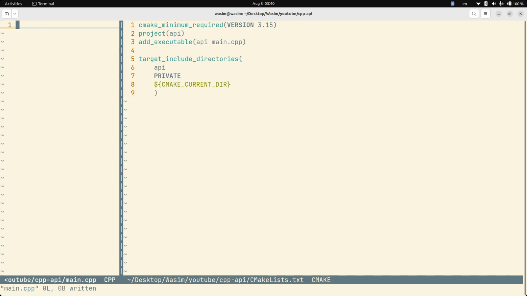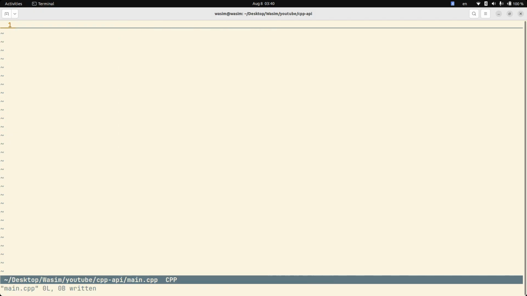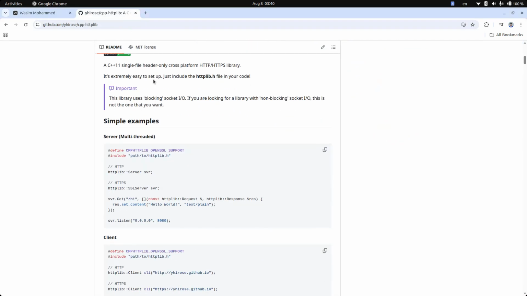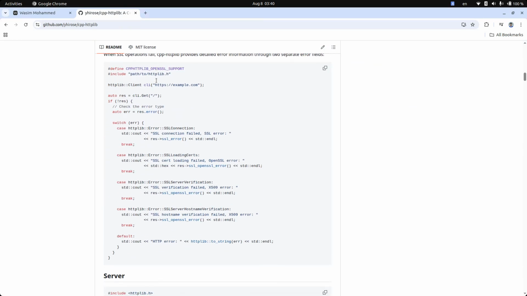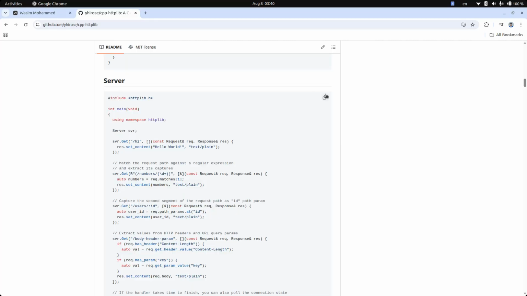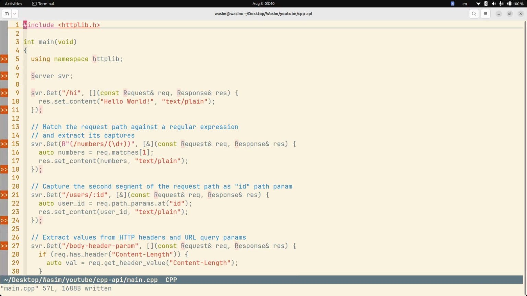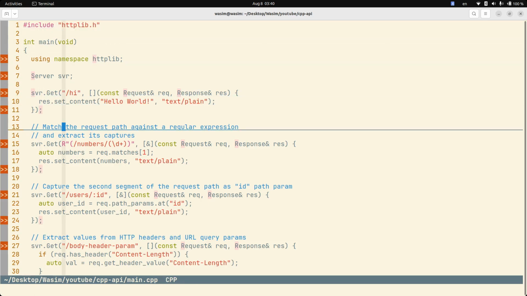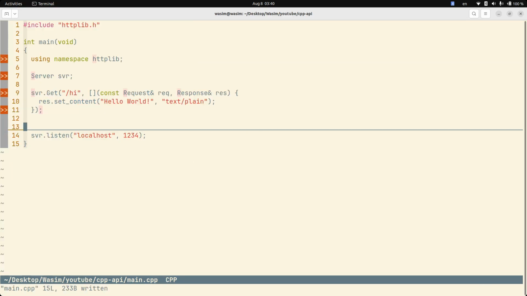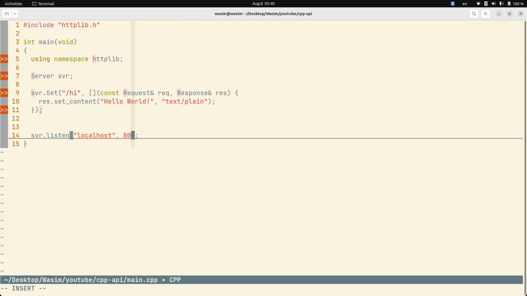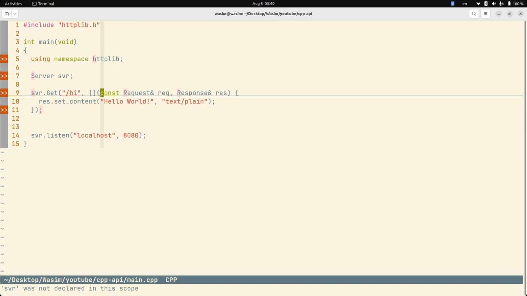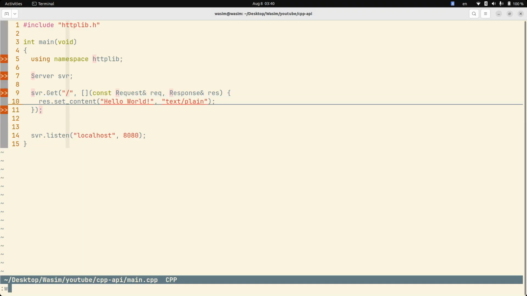Let's go to our main.cpp file, and we will actually copy an example provided here. So there you go, we've got a server example. We will copy that and say our header file is located in the same directory, and we'll just have one endpoint, correct? I like to have this on 8080. You can give any endpoint any port you like, and I'll just give the root endpoint, and there you